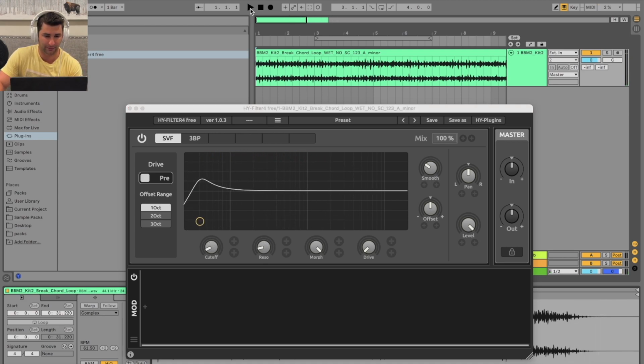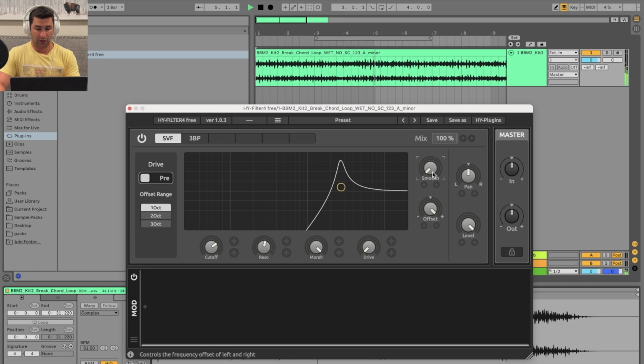Not too much low end on this one, though, as you can imagine. And then I can do a few more things here, like adjust the smoothness if I want to. I can offset it a little bit. And as you can see, when I go down at the bottom, you can see exactly what it does. So it's cool that it has a little section here of information. So if you don't know what any of this means, let me reset these actually. If you don't even know what a cutoff means, it immediately shows you exactly each one and what